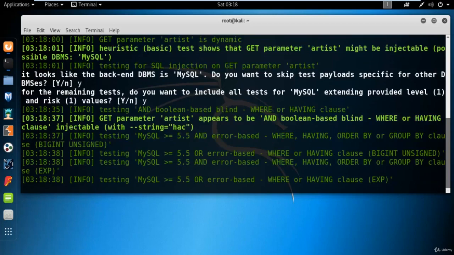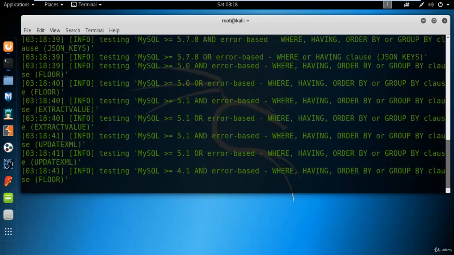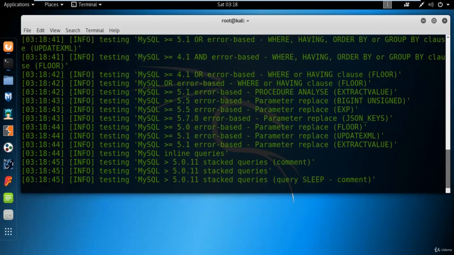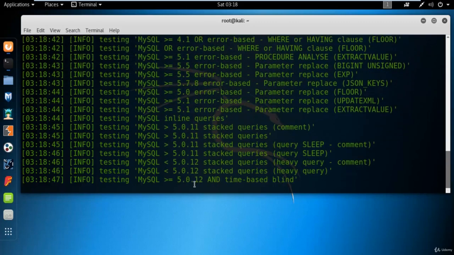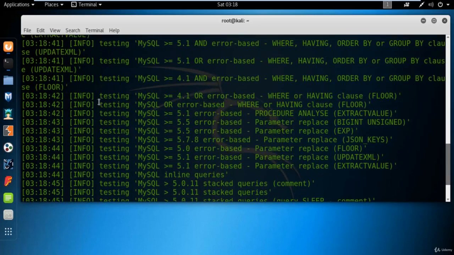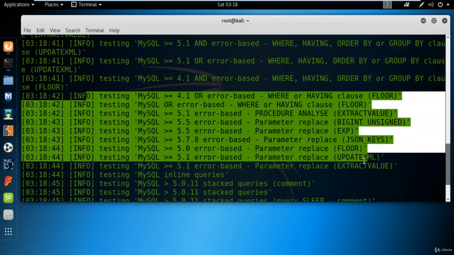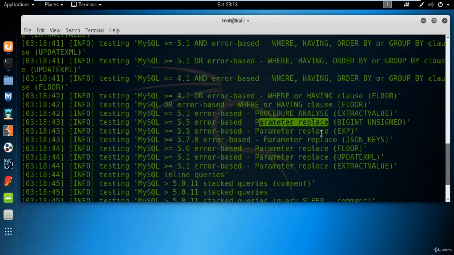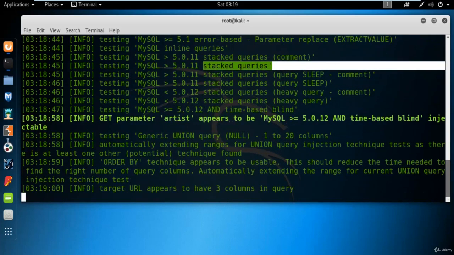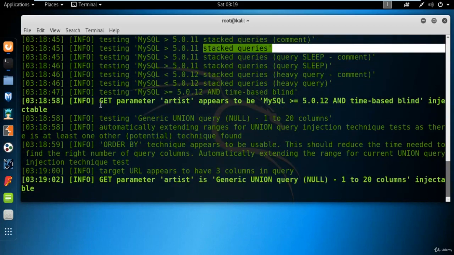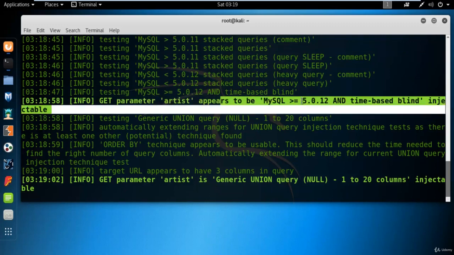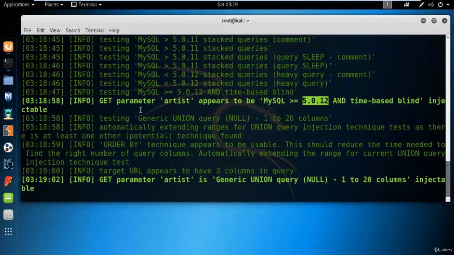Now it will test the web link which we have provided, and then it will find information about the databases in the backend. So you need to just wait. You can see here that it is attacking MySQL, trying parameter replace, procedure analysis, stacked queries, and it is attacking the artist parameter. It says parameter artist appears to be MySQL 5.0.12 time-based blind injectable.